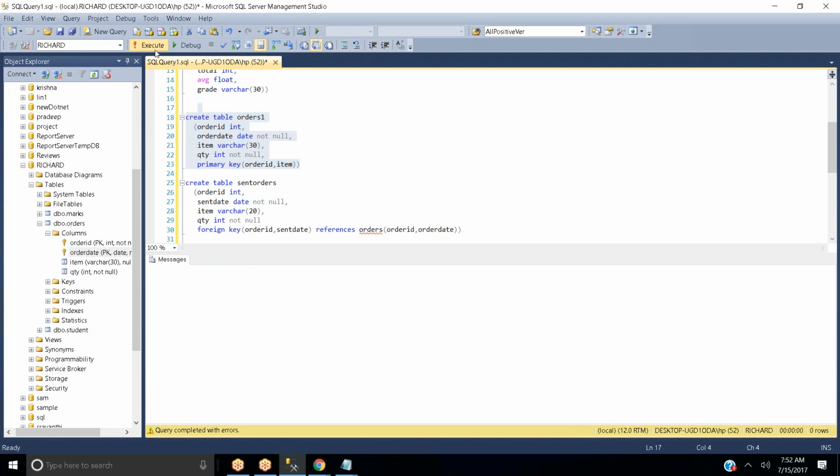We'll try to execute this and we have created another table, sent orders. Here also, instead of sent date, we will try to create item. And what is my table? Orders one, right?